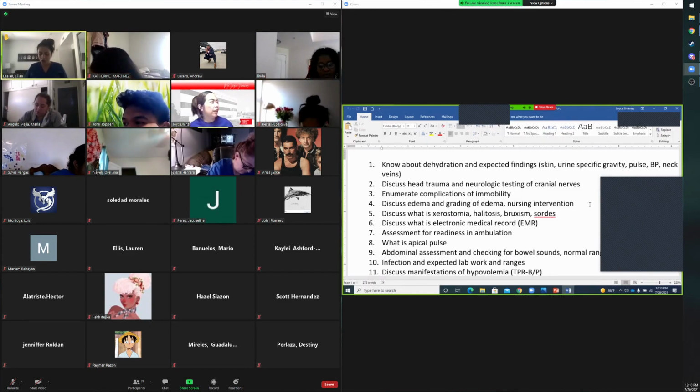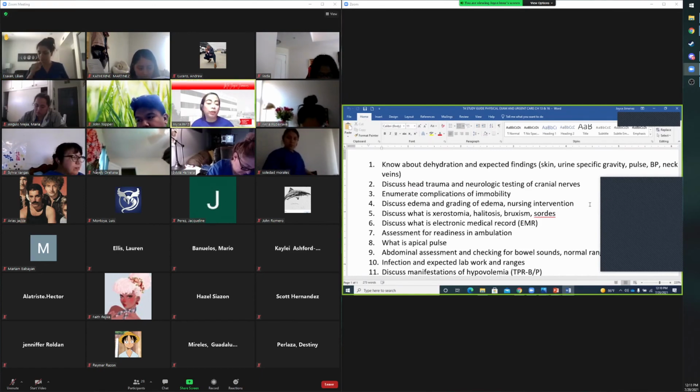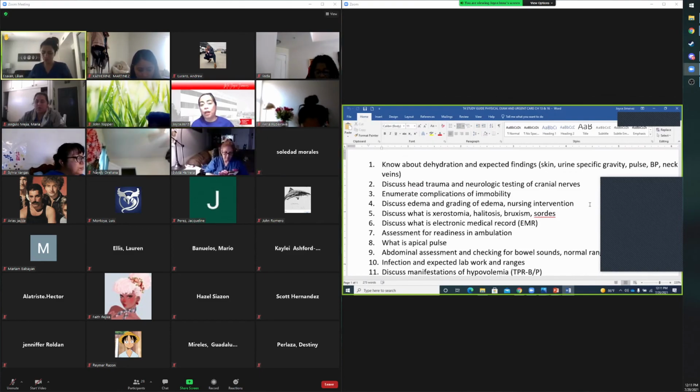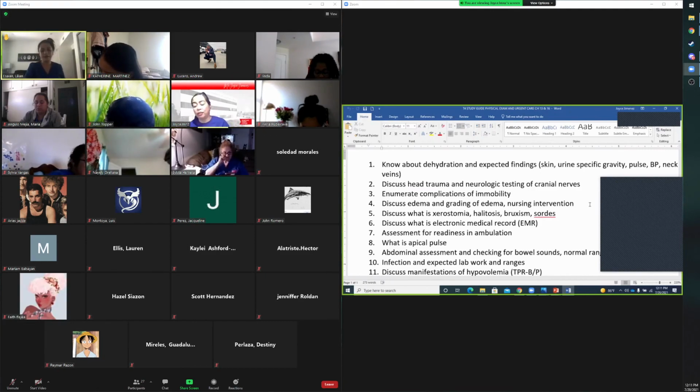It says in your ATI that you want to use mint. So not only the numbers do you want to memorize, because they might not give you the number, they might give you the name. So cranial nerve number 1, olfactory. Cranial nerve number 2, optic. Memorize both, because I don't know what they're going to give you in the test.